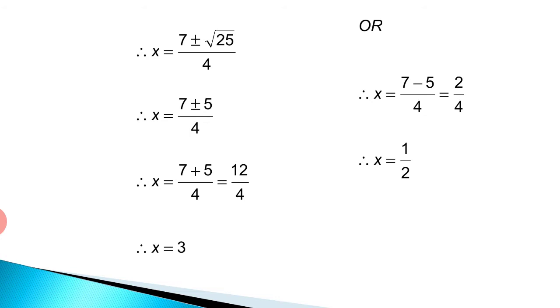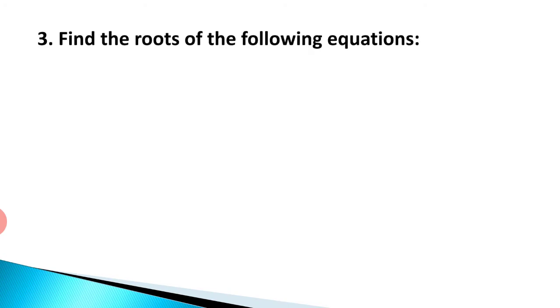Is it okay? So we write x is equal to 3 or 1 by 2. These are the roots of the given quadratic equation. Coming to the next problem, our remaining all problems will be homework for you, and again you will find that in question 1/4 problem, you will get b square minus 4ac to be negative, so you cannot find roots for that quadratic equation. Is it clear? Now let us go to the question number 3.